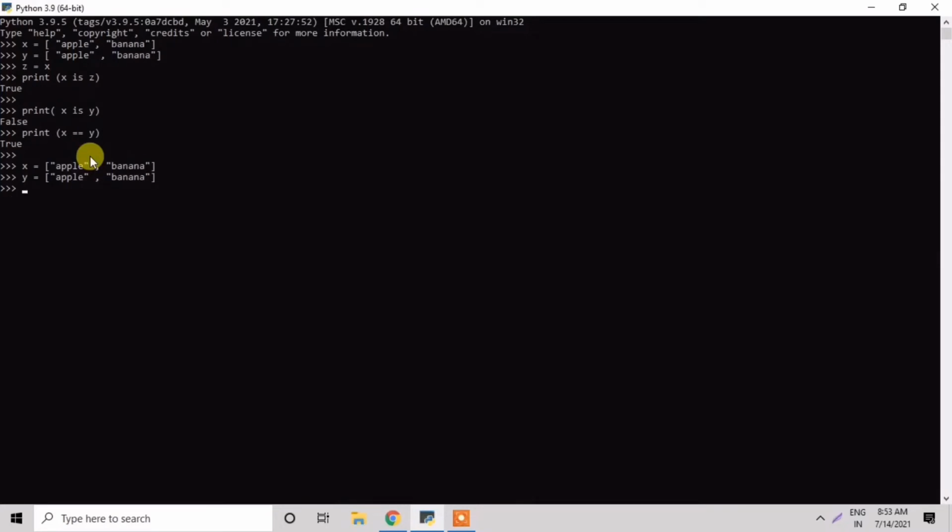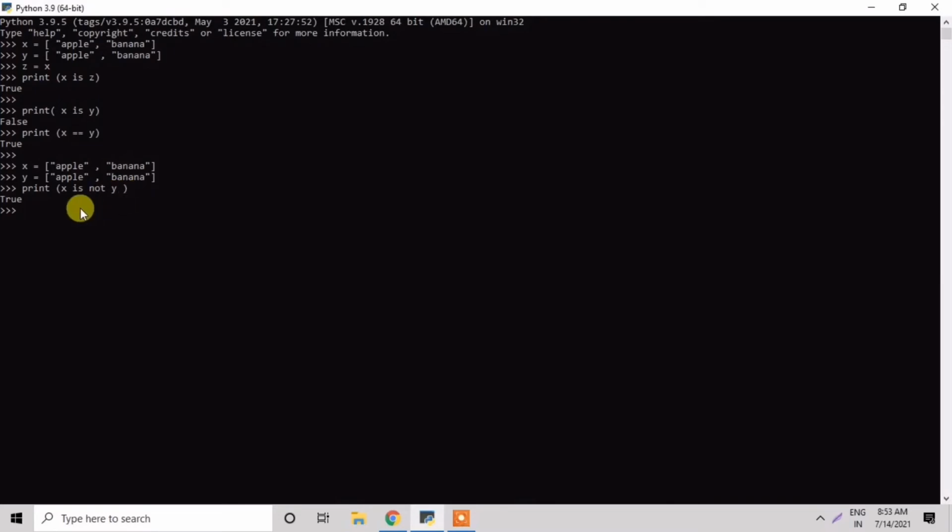I'll print if x is not y, then the answer is true, because the memory locations are different. So the answer is true, that is, not the same.